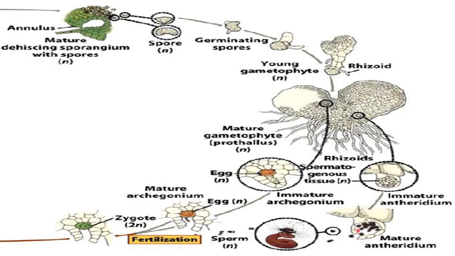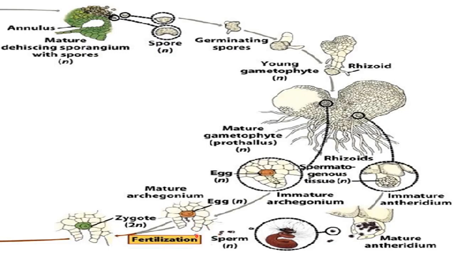Now what happened? After maturation, this antheridium will dehisce, means it will break and will release the male gametes, means antherozoids, which can be called sperms also. Okay, so antherozoids will be released here, and here is this egg. So these released antherozoids will come to meet with the egg at the mouth of the archegonium. This is the mouth of the archegonium.